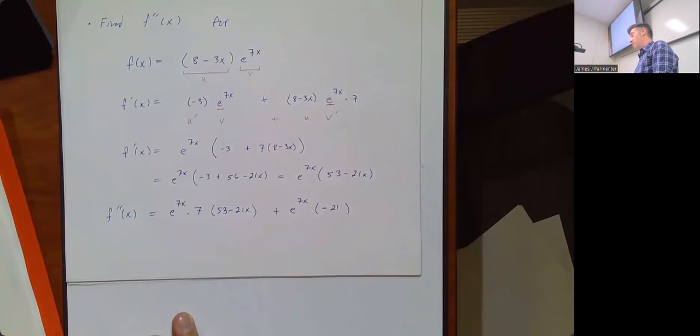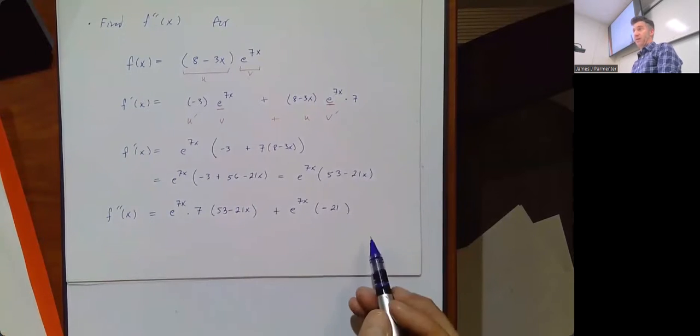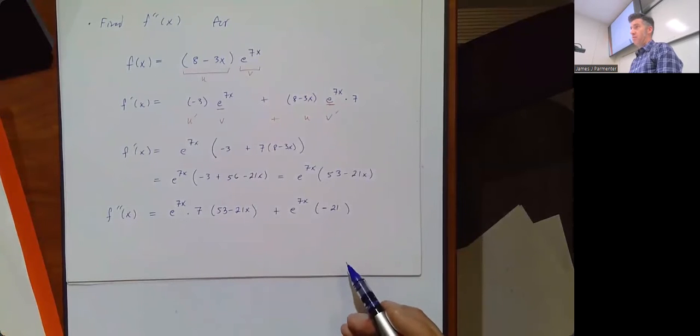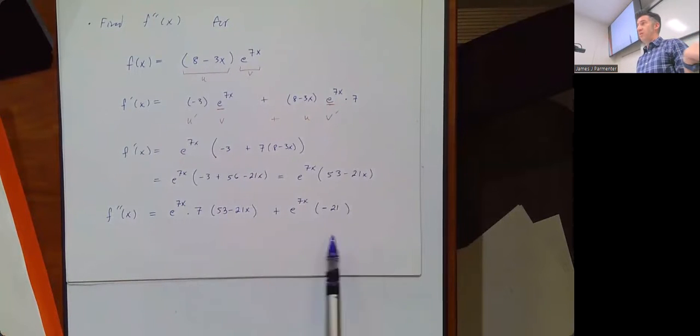And then if you're typing this into WebWork, you don't have to simplify it, right? You can totally write it like this, or you could simplify it. But if you just type this and you know this answer is right, then you're good to go. Whereas if you simplify it, you might make a mistake. It might come out wrong. So if you're ever unsure about something, like if you've simplified it because you wanted to, you can always go back to the unsimplified version and plug that into WebWork, and it should accept it.